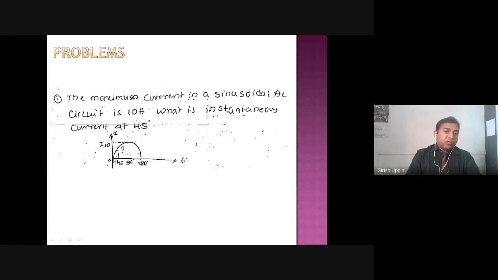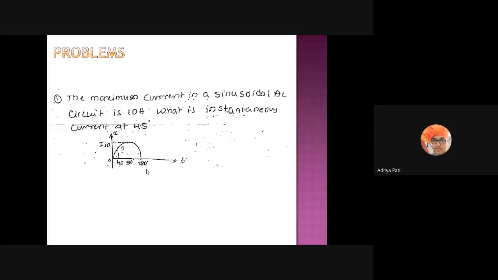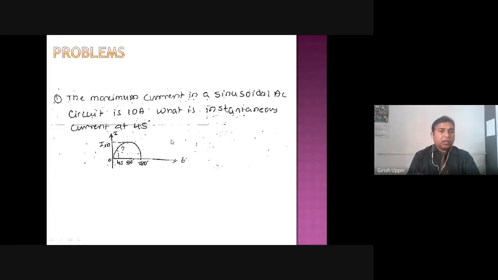First thing is, whenever we get any kind of alternating quantity, you are going to write the equation. What are you going to write? i is equal to Im sin theta. We can say i is equal to Im sin theta, i is equal to Im sin omega t, or i is equal to Im sin 2 pi ft. These are the three forms. Based on what they have given, you can use the appropriate equation. One thing you have to remember, when you are calculating the sine of the angle, that angle should always be in radians.